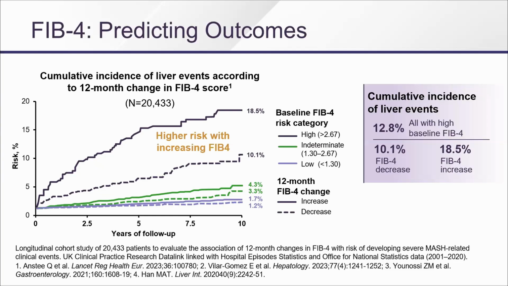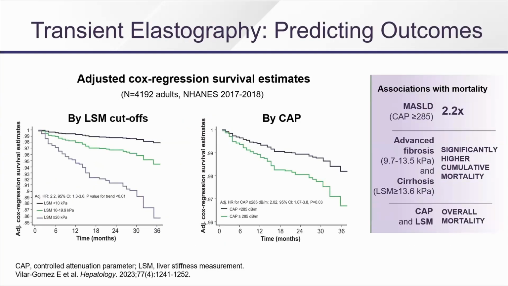So the other thing you can tell your primary care providers is they can follow FIB4 over time, and a stable or improving FIB4 is better than one that is getting worse. And the same thing is true for elastography. A high CAP score or a high liver stiffness score predicts bad outcomes. And if it gets better, they do better. So we should be using these tests serially to measure the outcomes.